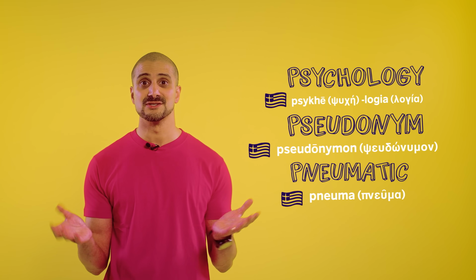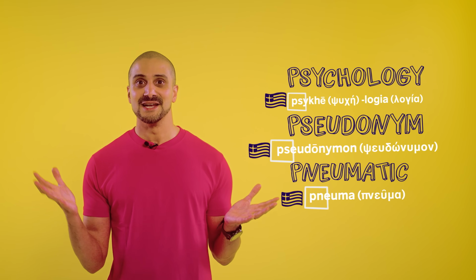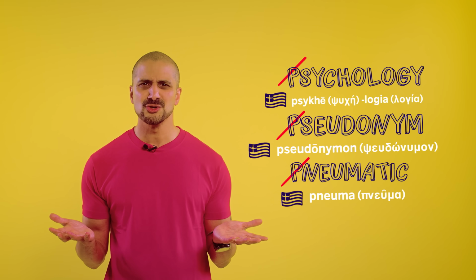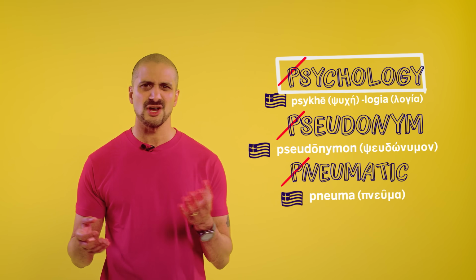Number 2, silent P at the beginning of a word. For example, in the words psychology, pseudonym, pneumatic. Silent P appears before an N or an S, and these words have a Greek origin. They were borrowed into English from Greek. In Greek, the letter P is originally pronounced in these words, but not in English. It would be too much of a mouthful to say p-psychology.